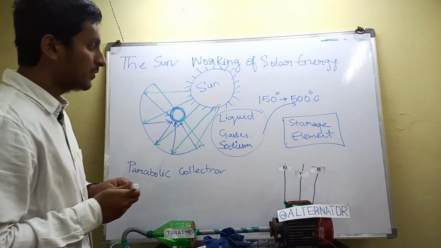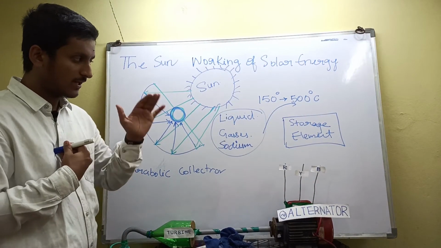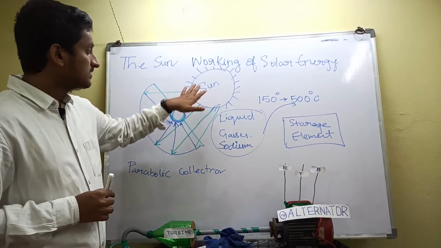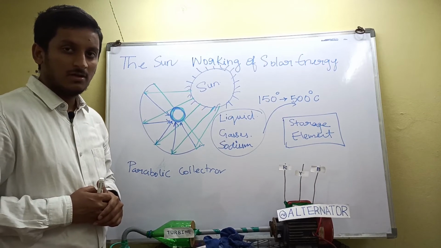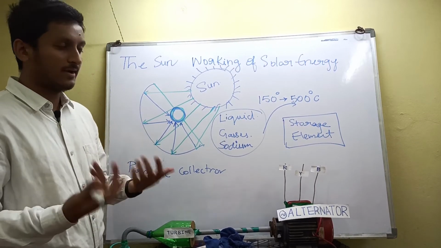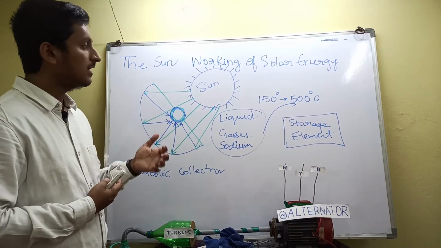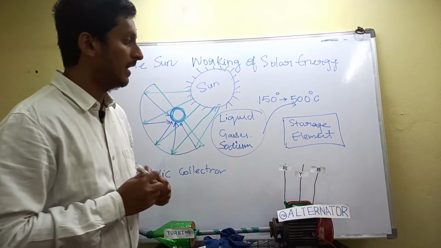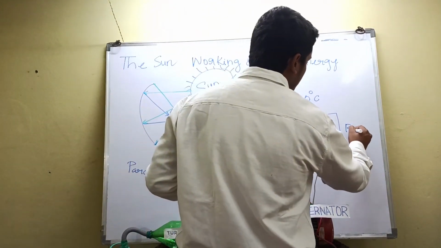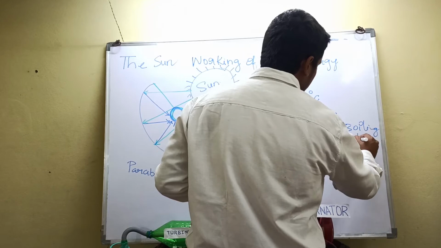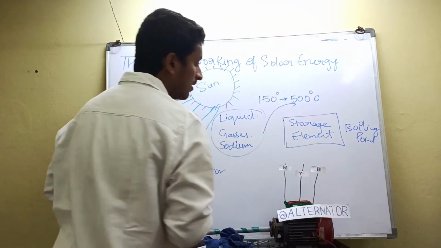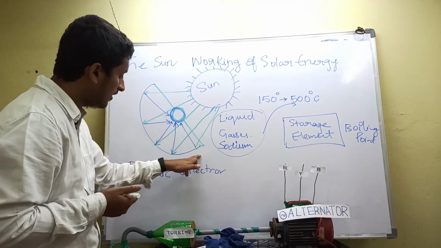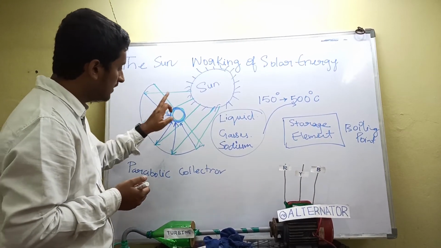Because if the storage element is not there, what happens is, in case it is night time, the sun will not be available. But you have to generate electricity immediately when the sun radiation is there. So the storage element's temperature will be maintained up to the boiling point, so that whenever sun radiation comes, this concentric parabolic collector will heat up this